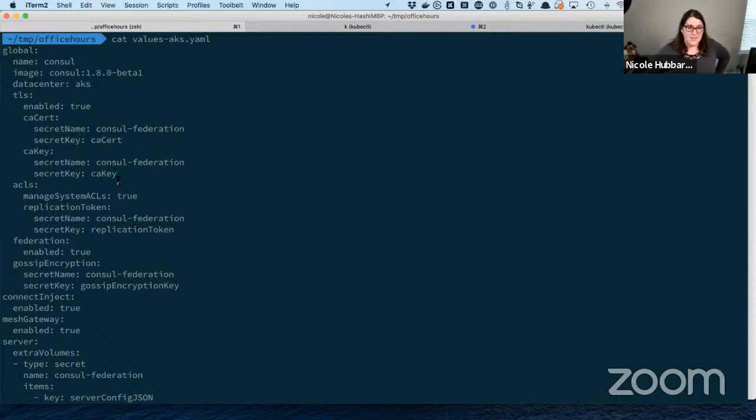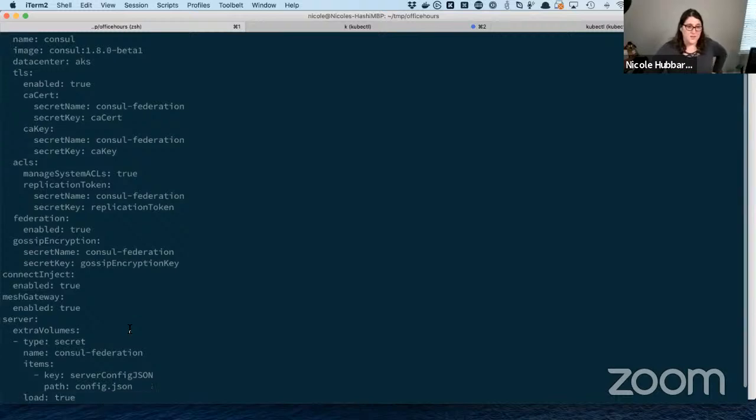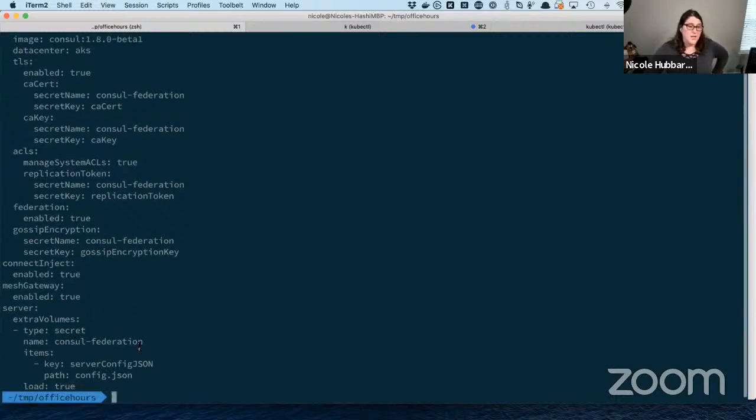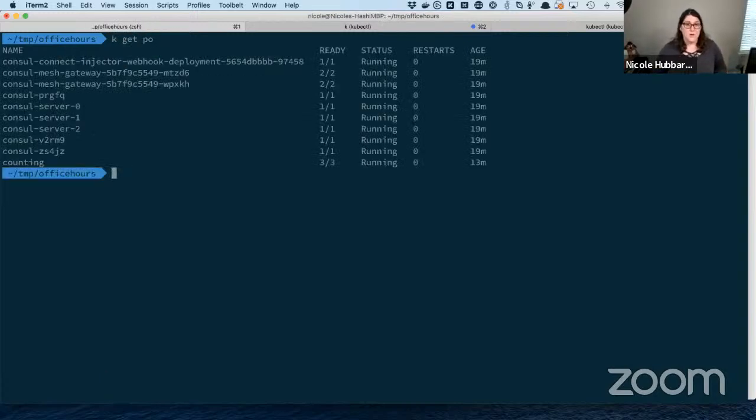We grab the CA key, we grab all of our replication tokens for the ACLs, we enable federation again. We also set some additional configuration for our federation to use some additional values so that we can actually load everything we need for federation out of that Consul federation token. And then once we've deployed that, which we've done, we can actually see here, we've got our Consul server running, we've got our mesh gateways running, and we've got our Consul clients running on each of the nodes,